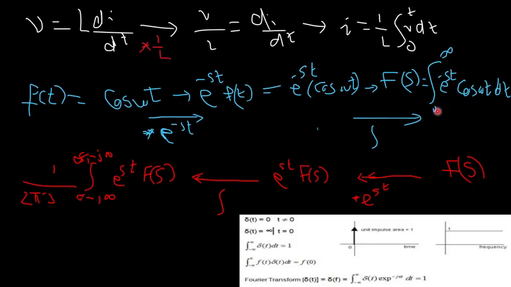By integrating with respect to time, and by the definition of the integration limit from 0 to infinity, we will ensure that time as a variable will disappear from the results, and the function in the left-hand side will be defined only for the frequency, which was entered using the exponential multiplication. Again, in the inverse, we multiply by e to the positive st, which allows us to enter the time